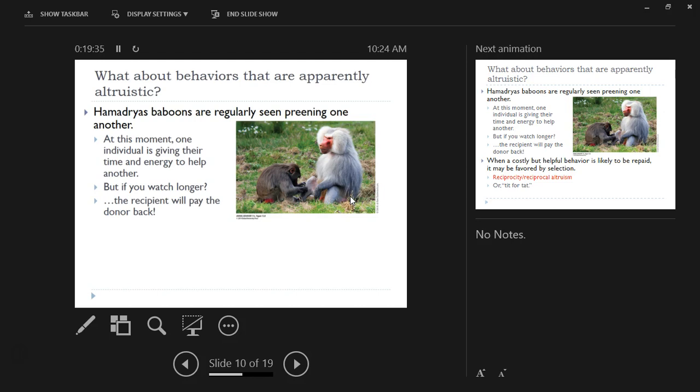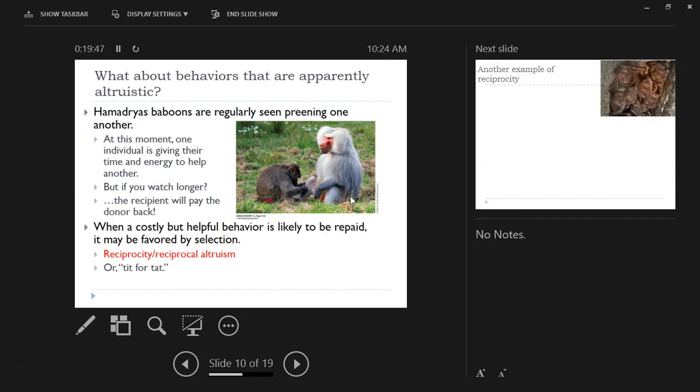They'll protect them from other males within the troop. The males can be very aggressive, and so by having males that you're kind of forming an alliance with, the female can directly benefit from the action that she's taking at this moment.